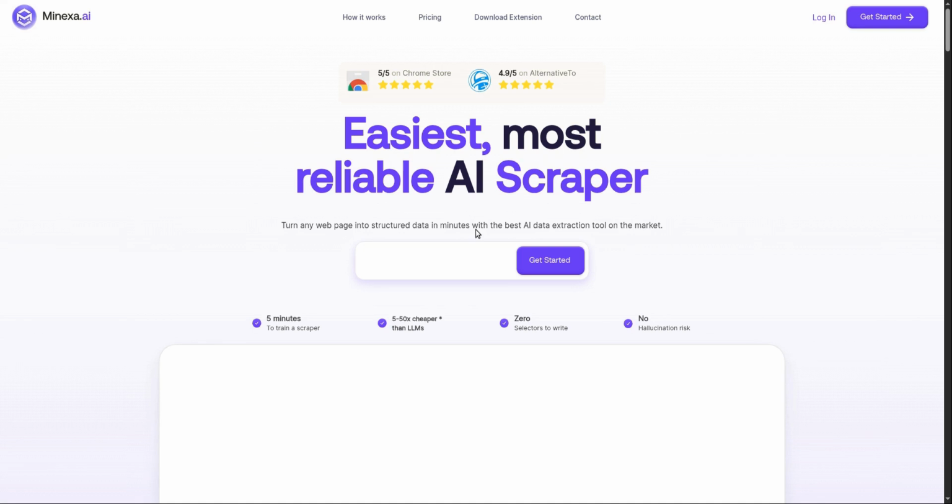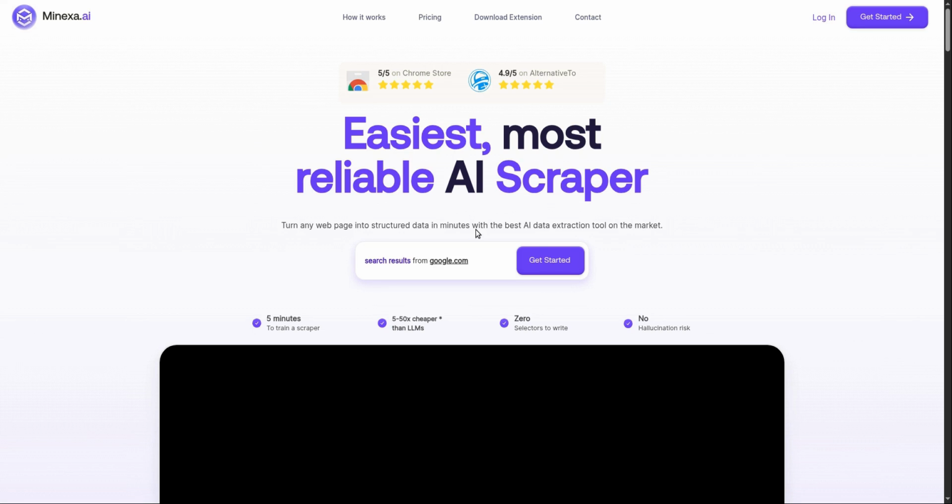Today, I will show you how to stop collecting residential property listings manually and start extracting them automatically with Minexa.ai,